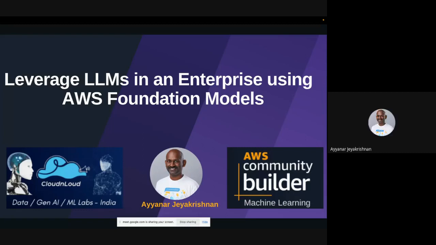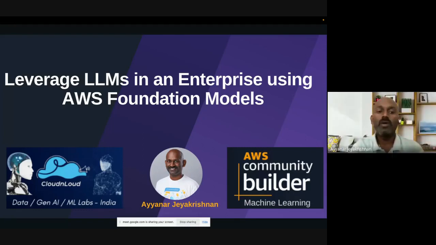It's one part of the generative AI. How are we going to use the large language model in enterprise use cases? Everybody would have gone through ChatGPT, but not all organizations are open to ChatGPT. ChatGPT is one application of the large language model, but we have different use cases for enterprises that we can adapt using a large language model.